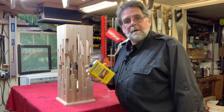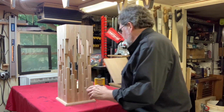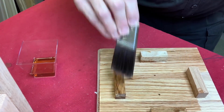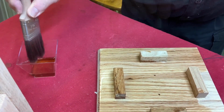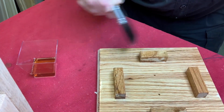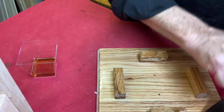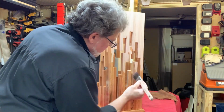I am going to give it a simple tung oil finish. Nothing fancy. I figure that's the best way to do it. And I know that some people are a little surprised about the idea of brushing on a coat of tung oil. And if there are any bubbles or anything, of course, I am going to wipe it down with probably a Scotch-Brite pad to knock down the little nibs. Of course, the end grain really soaks it up fast. I know this first coat's going to be a little on the rough side, but